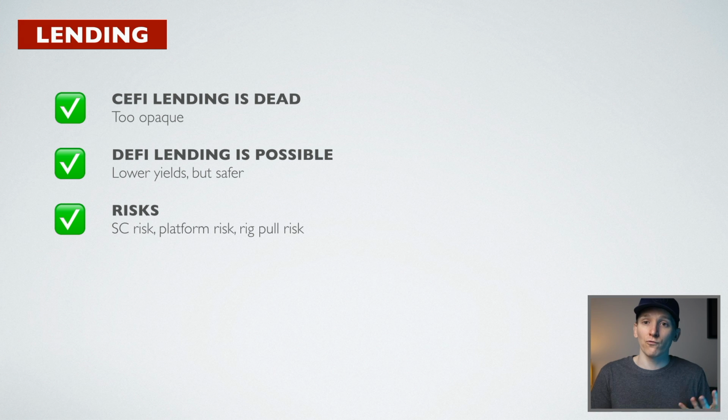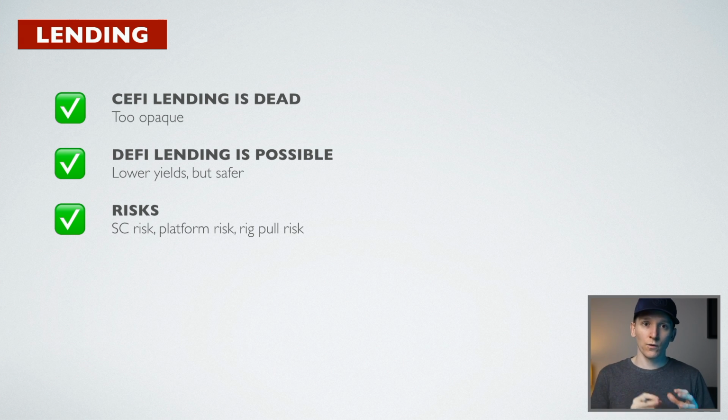Compounding is a real thing. Compounding interest and compounding yield is a real thing. And it's part of the reason why the stock market yields 8 to 10% per year, because of the dividends being compounded back. So it's a real thing and it makes real money. There's obviously risks here. So CeFi lending for the most part is completely dead. We're talking about Celsius and BlockFi and Gemini, everything's gone, belly up basically.